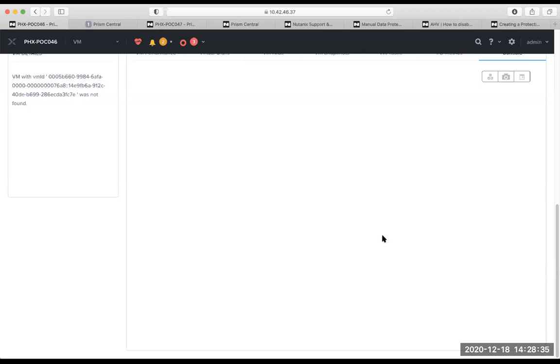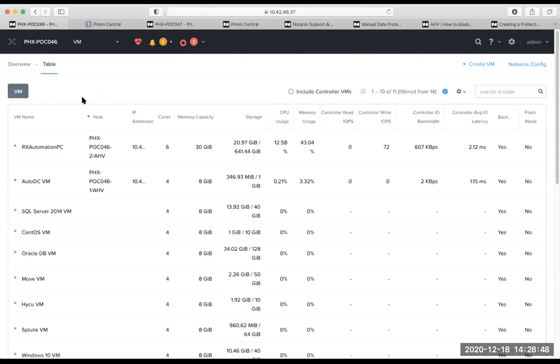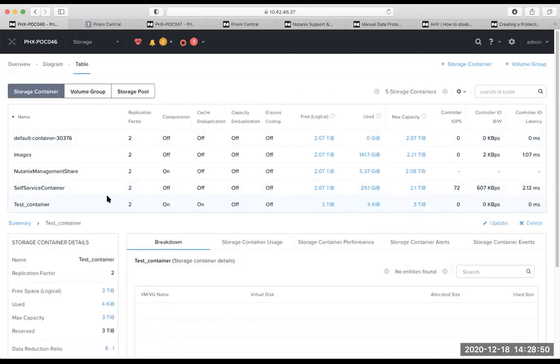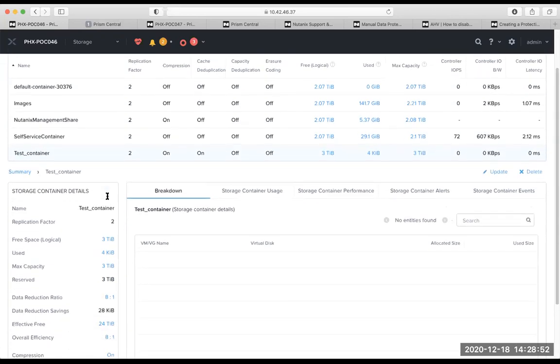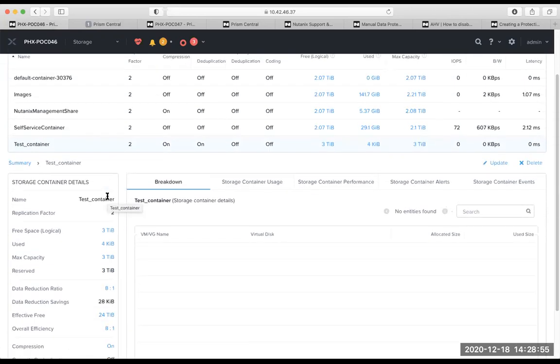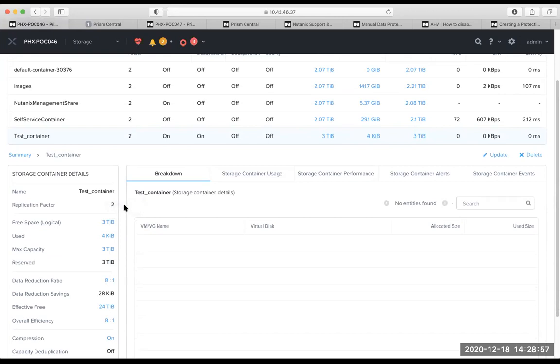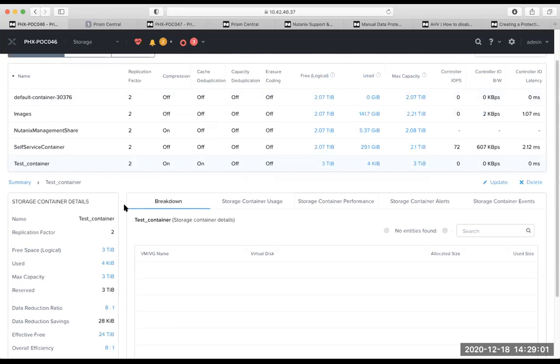And the second aspect of the question: can you go to the containers that you have shown us, the test container you have created? Yes, sir. When you started the first snap of the application, does the snap of the VM get stored on the same test container, or does it go to some other container?